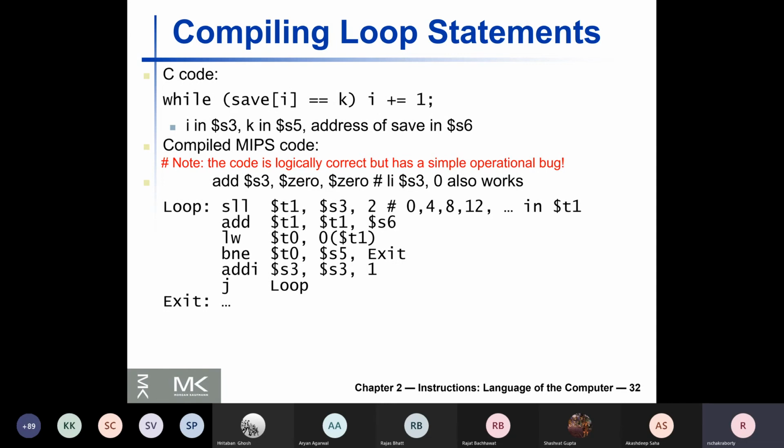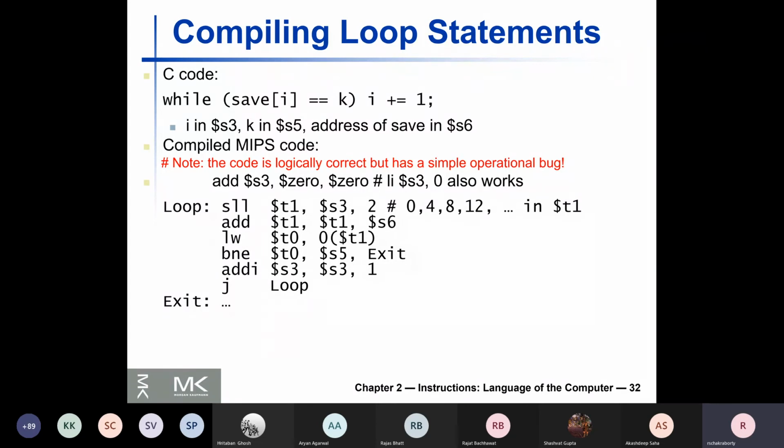Okay, fine. So this is a very simple 5-6 line block of code, but this shows the loop construct, this shows the branching, and most importantly it shows how C pointer arithmetic translates to assembly language. And it makes the implicit meaning of the notation save bracket I clear.